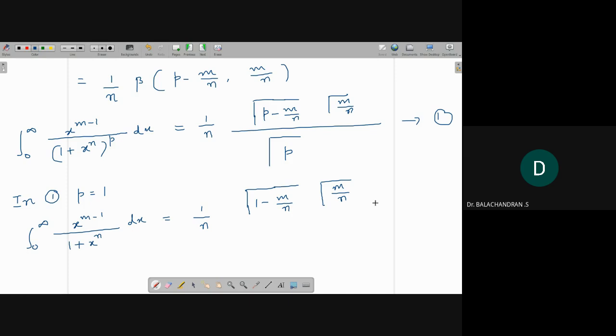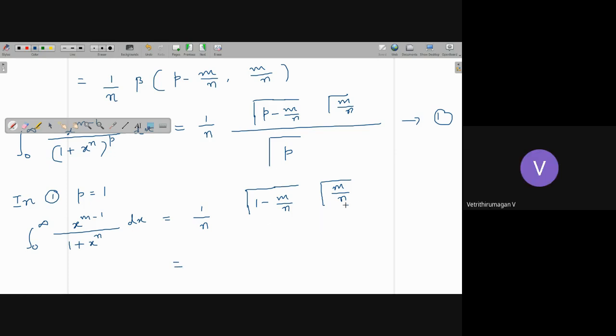So now how to simplify the next step? Is there any result I gave like in this form? Pi by sin. Correct, but tell me the left hand side. Left hand side, what? Gamma of 1 minus x into gamma of x. Gamma of 1 minus x into gamma of x. Very good. This is equal to